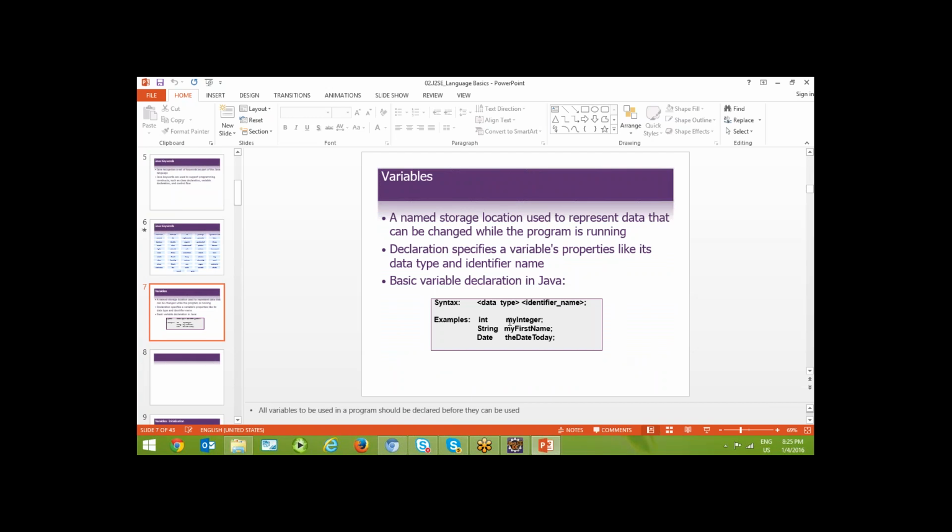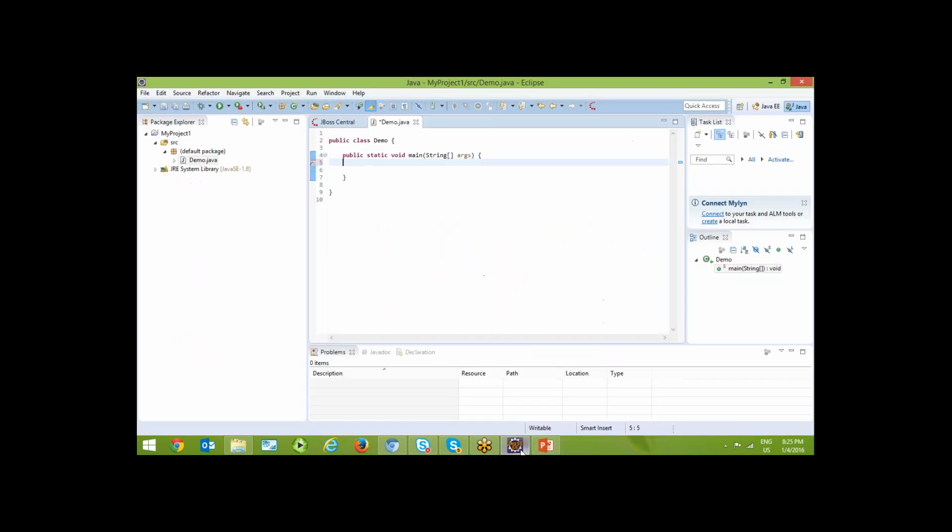Variables are like containers. We will give our own name and we will assign the data type. This is mainly used to store some values inside. For example, I am going to take two numbers. Let's say the first number is 10. Another number I am going to define, second number equal to 20. Then I am taking int sum equal to first number plus second number. Simply I am adding. And then I want to print the sum of these two numbers.